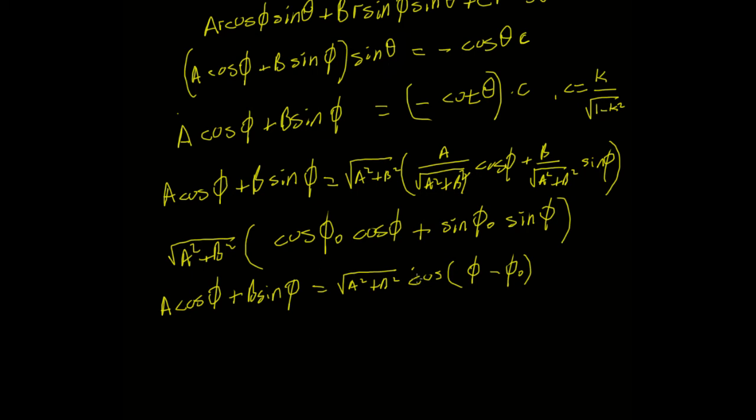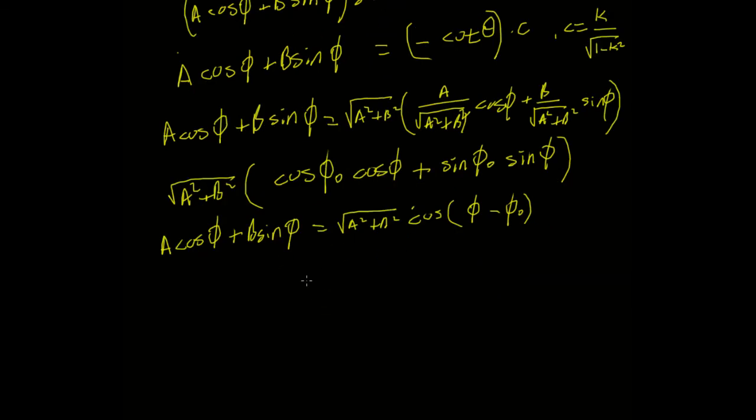Right, so that can be written as that. So now if we put that back into our original equation, then we can say that the root of a squared plus b squared cos of phi minus phi naught equals our value minus